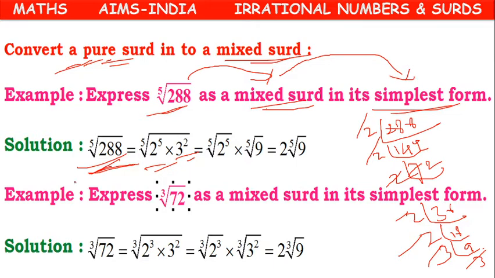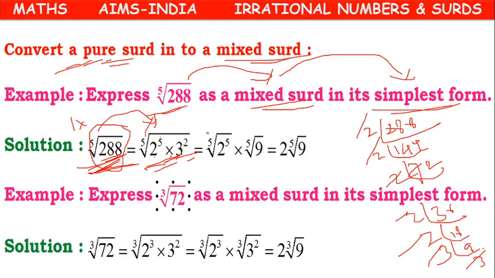Because the given surd is in pure form, because in front of this surd there is nothing, means its multiple is 1. So it's a pure surd. We have to convert it into a mixed surd. How can we convert it into a mixed surd? From whatever number is under the root, we have to take some number out. Then it will become a mixed surd. For taking out the number, we have to do the prime factorization. So here, fifth root of 2 power 5 into 3 square. Like that we can write.